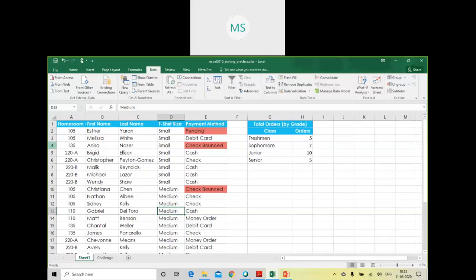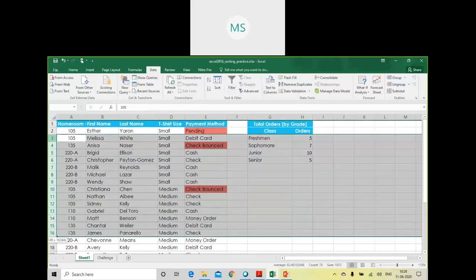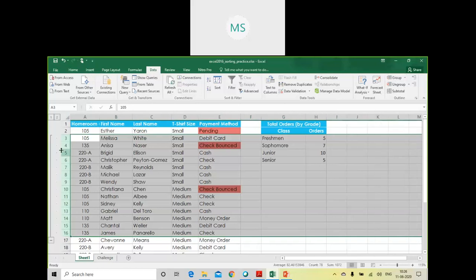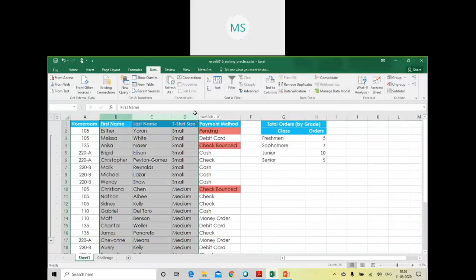Okay. Now, like I have selected column, so what if I select a row? Like I select the entire rows. This section of rows I have selected. And when I go to group, it will not ask me whether you have to group it column wise or row wise. Why? Because I have selected all this range of rows, not the range of cells. Okay. So this is how it does.